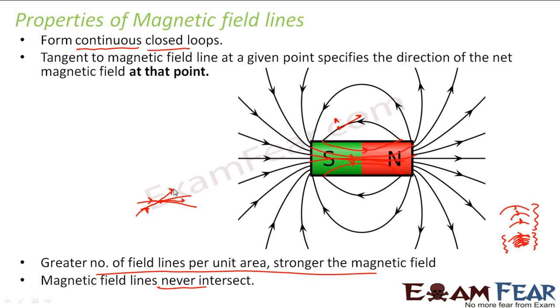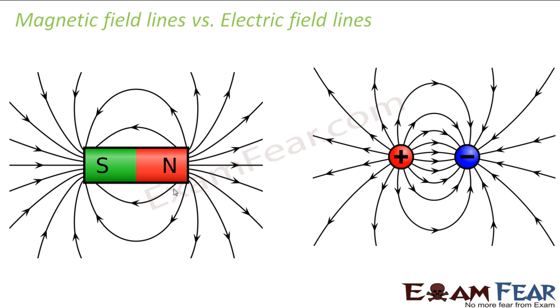So see, these are some of the very important properties of magnetic field lines which you should always keep in mind. Now let us have a comparison of magnetic field lines versus electric field lines, because many of you must be wondering, while I was teaching you the last two slides, that it is exactly similar to how we see electric field lines. However, they both look similar, but actually there is a big difference between the two.